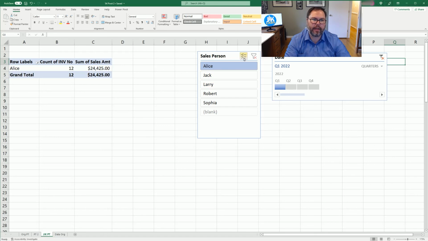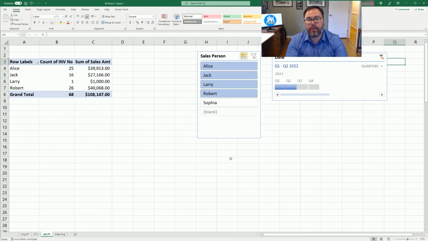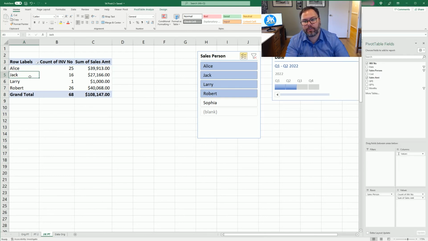Well, remember, we have to check this, the lines with the checks, to give us multiple people to check. And there you go. We want to increase the timeline. We can do that. So these can be used individually, in conjunction with each other, or you don't even have to use the slicers and the timeline as well,